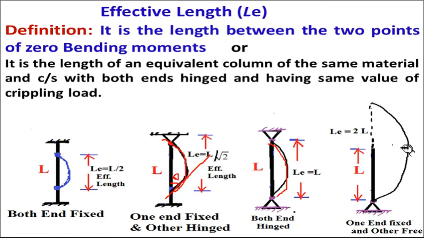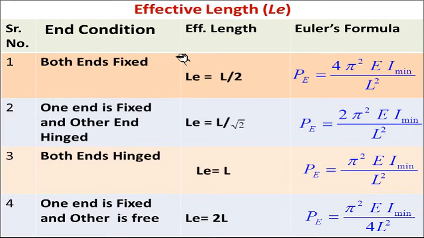Okay, so here whenever one end is fixed and the other is free, at that time the effective length of the column L_e is equal to twice L, because this curvature effect is added from both sides together. Total theta will be this one plus this one. Okay, so these are the four end conditions. I have shown all of it in tabular form, so everybody should know this table while solving problems.